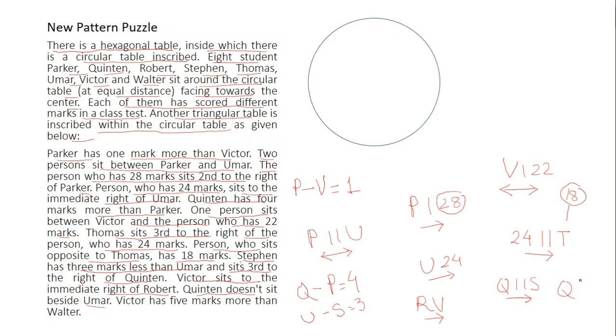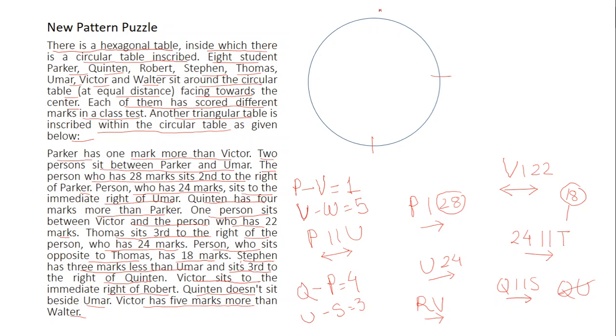Victor has 5 more marks than Walter, so we can write V minus W is equal to 5. Now we will